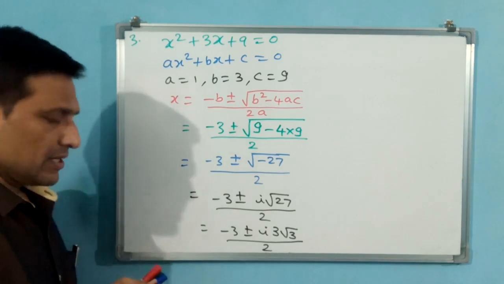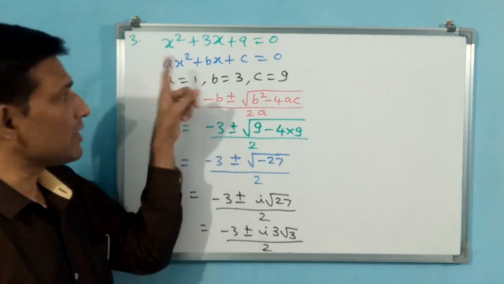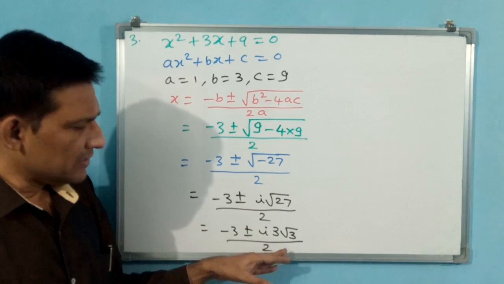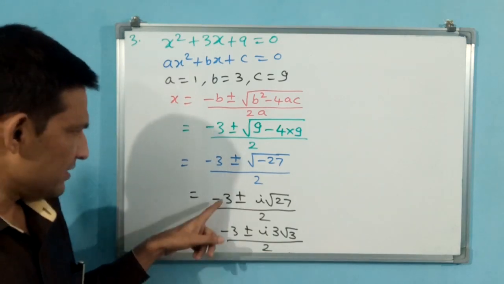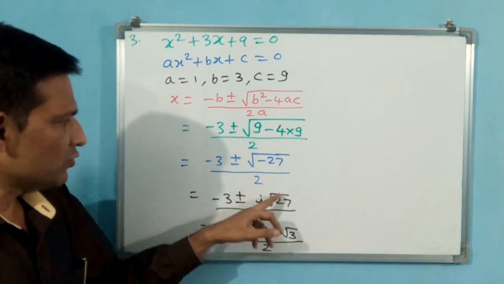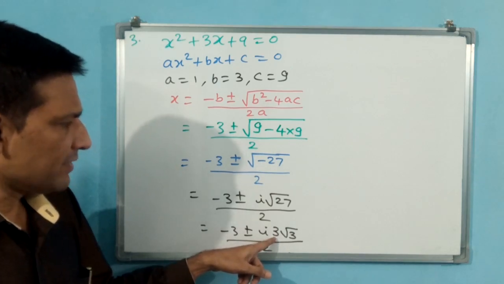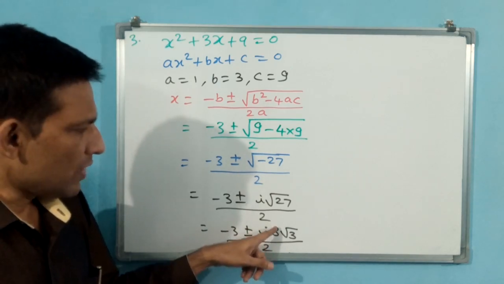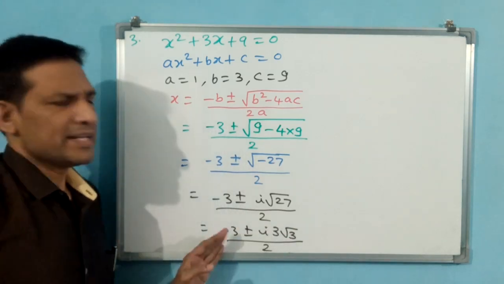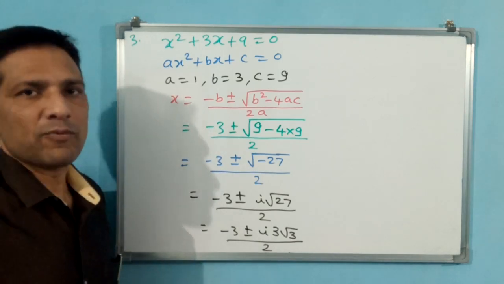Is it okay? See, up to here also your answer is okay. But if it comes in an objective type of question, the answer may be this one rather than this. Even if this comes also, easily you can understand. You see, minus 3, plus or minus, 2 matched, i matched. Only these two are not matched. Then you have to think: 3 root 3 means if you square this, 9, put under root, 9 into 3, 27. Like that you have to think. Okay, this is not a big problem. Okay, let us go for the fourth question.